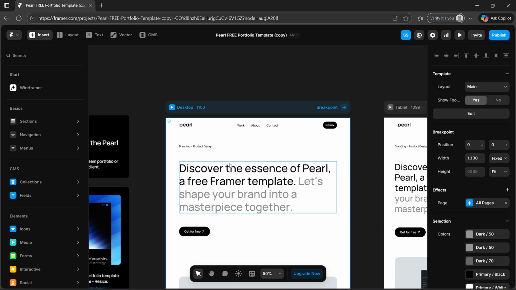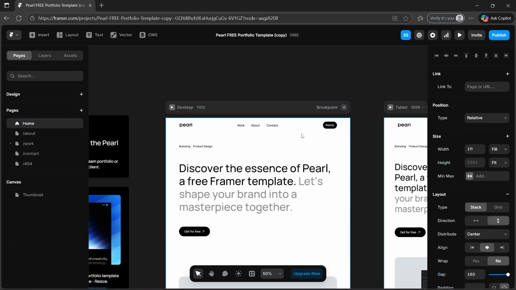So yeah, before starting, make sure that you have a Framer account ready and your project is open. So first you will open your Framer project, which is right here. I already have it. And then you will just have to select the page that you would want to edit,